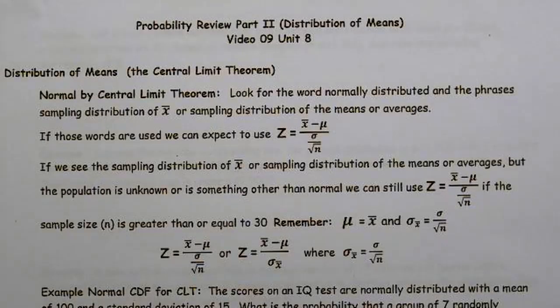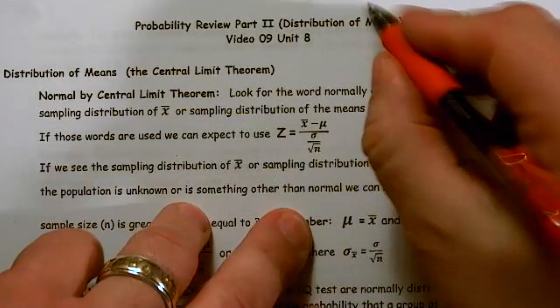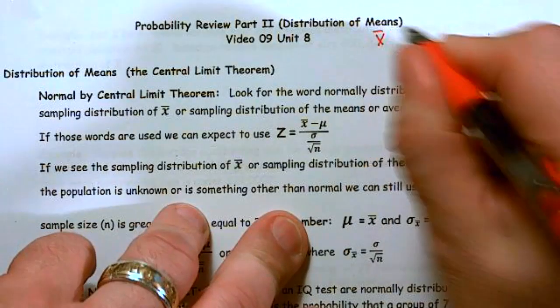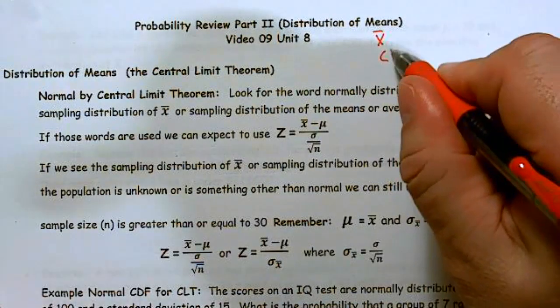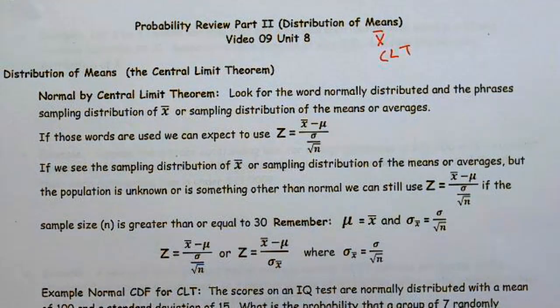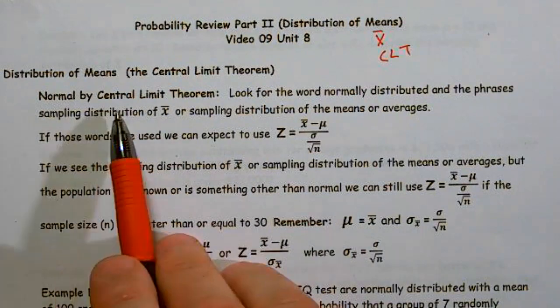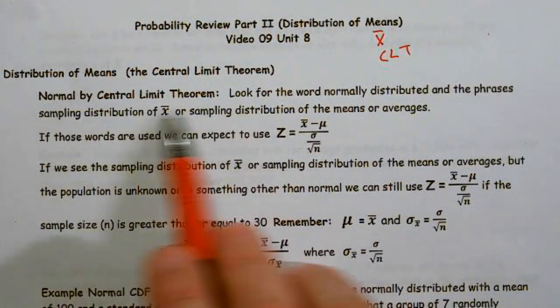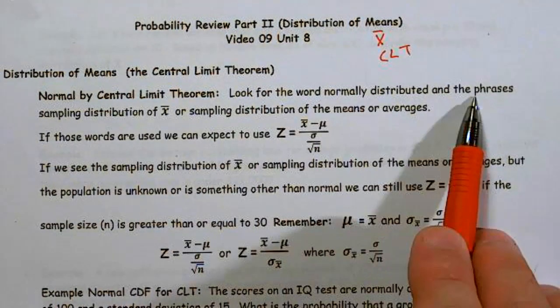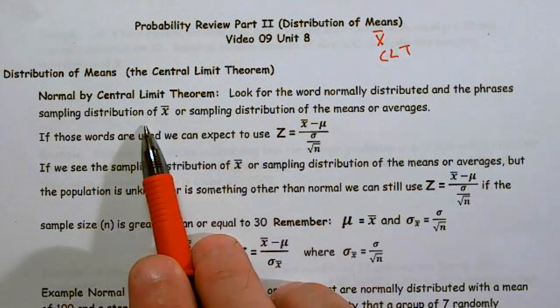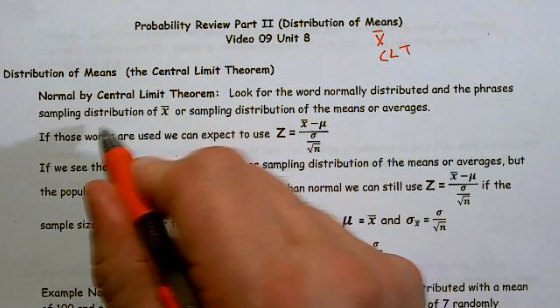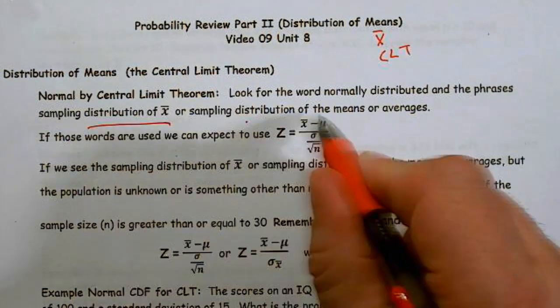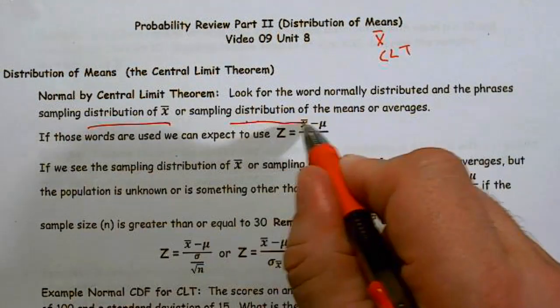All right, probability review part 2, distribution of means, or distribution of X bar, or distribution of the averages. In other words, this is central limit theorem, probably the most important thing in all of statistics. Look for the word normally distributed and the phrases sampling distribution of X bar. All right, so if you're saying sampling distribution of X bar, sampling distribution of the means, or sampling distribution of